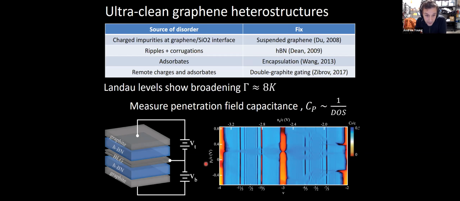The experiment I'll tell you a fair amount about in the first part of the talk is one that we like to use, because it avoids some of the problems arising from physical edges that bedevil some transport experiments. I'll show you many other transport experiments later. It is to measure the penetration field capacitance. This is done by using graphite top and bottom gates here as sensors, so that you can just measure how much electric field from a bottom gate penetrates through to the top gate, which gives you a measurement of the density of states directly of the graphene layer in between.